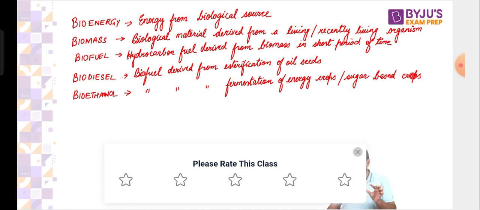Critical mass. Critical mass is that mass which is required for running a sustainable, controlled chain reaction. So for a controlled chain reaction, we need that critical mass. Let's say we have found that critical mass is 20 kg, then we need to maintain that 20 kg. Neither 20.1 kg nor 19.9 kg, 20 kg.